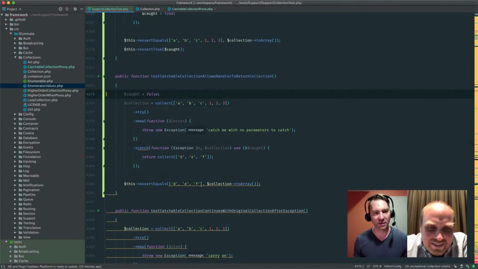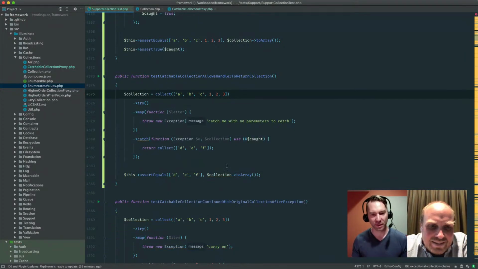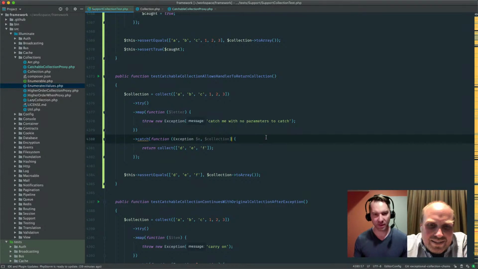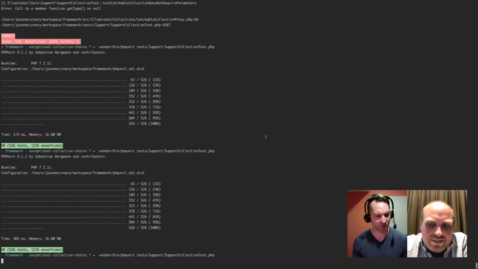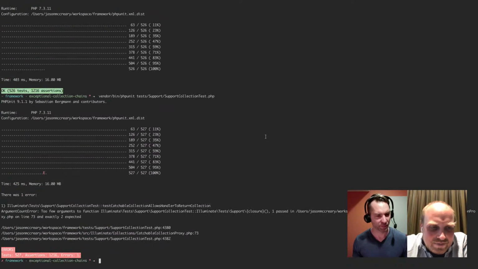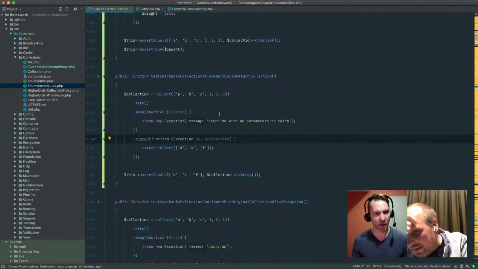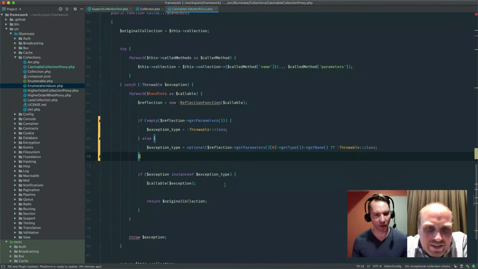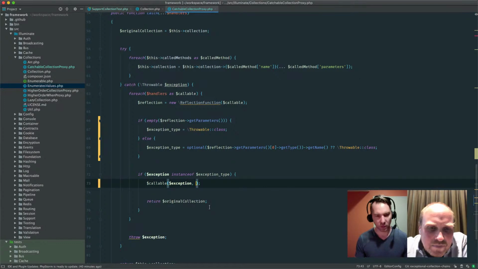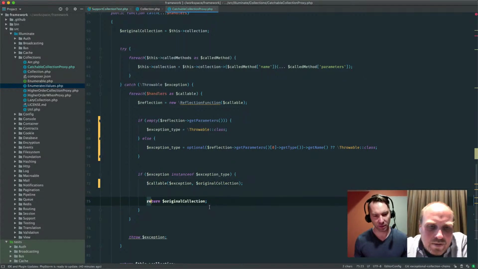All right, let's see if we can get this to work with minimal effort. I don't want to go too far down the wrong path. Okay, so this fails because too few arguments were passed to the closure. Yeah, because we haven't updated that in our implementation, right? So here you get the original collection. All right, and then we basically,